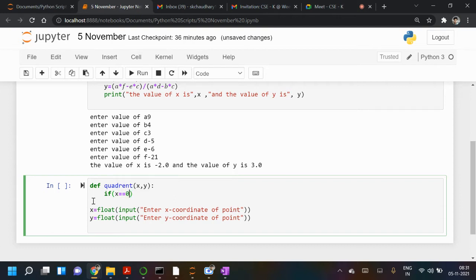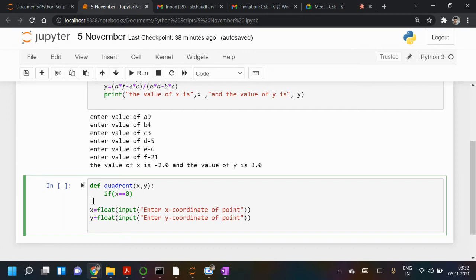So both are zero. We can start from here. It is very easy to write.